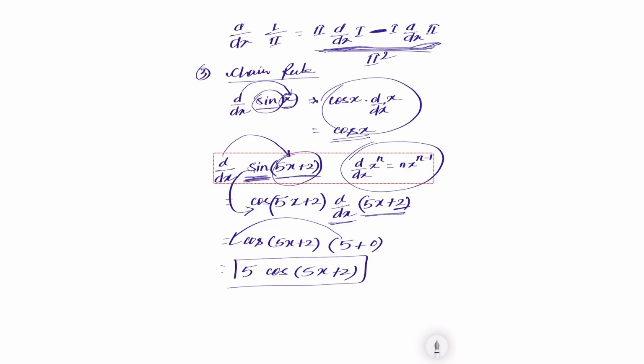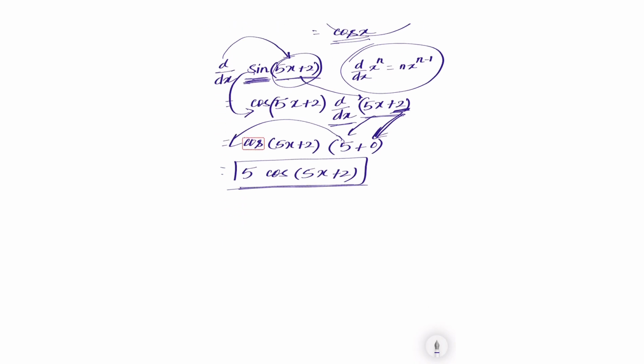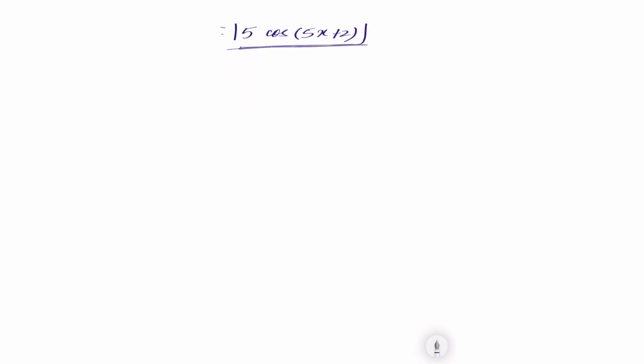Using this formula, we have solved 5x plus 2 and the answer is 5. 2 is a constant, hence 2 became 0. Differentiation of 2 becomes 0. Now 5 is multiplied with this, hence it is 5 cos(5x plus 2). Okay. So using these three rules, multiplication rule, division rule and chain rule, we are going to solve the problems